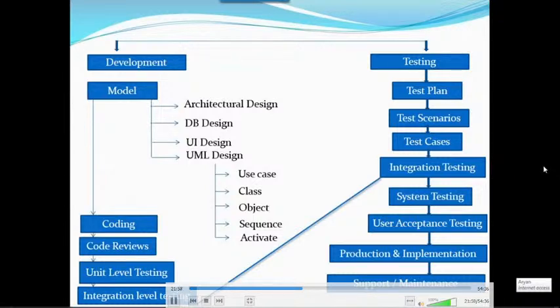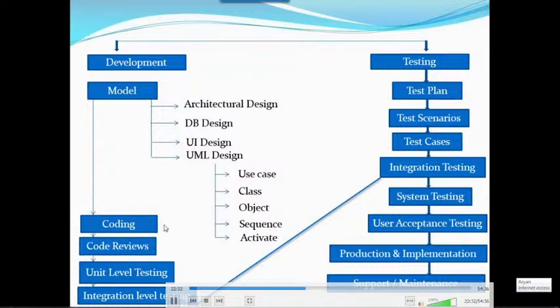Database designs. We need to follow the design patterns, understanding, right? We need to check where the data is stored and where we are getting the information from. They will provide all the documents. Don't worry, guys, it's very easy. DB means database designs, UI means user interface, UML is unified modeling language. They will provide some diagrams or documents, and based on these the developer starts writing the code.